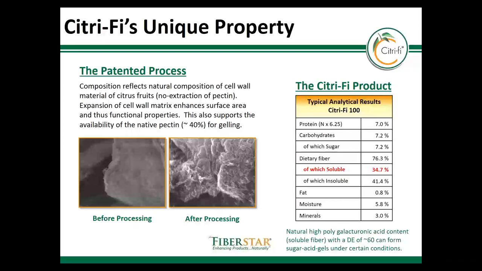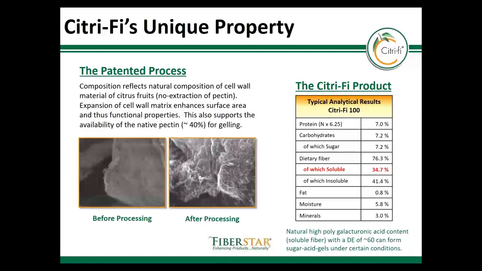As you can see here, the electron micrograph shows what citrus material looks like before it is processed and after the material is passed through our process. This provides significantly more touch points and surfaces for water binding and makes pectins available for the specific functionality. In the next slides, I will show you more details on under which conditions you can benefit from the gelling properties